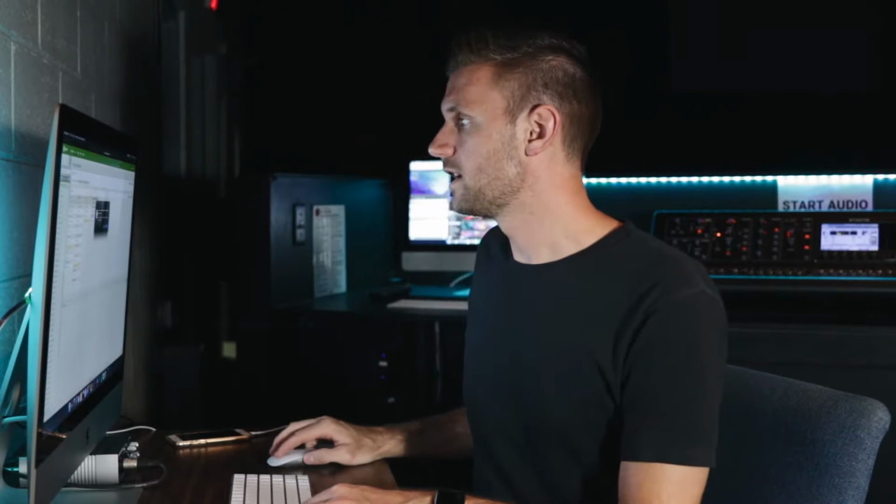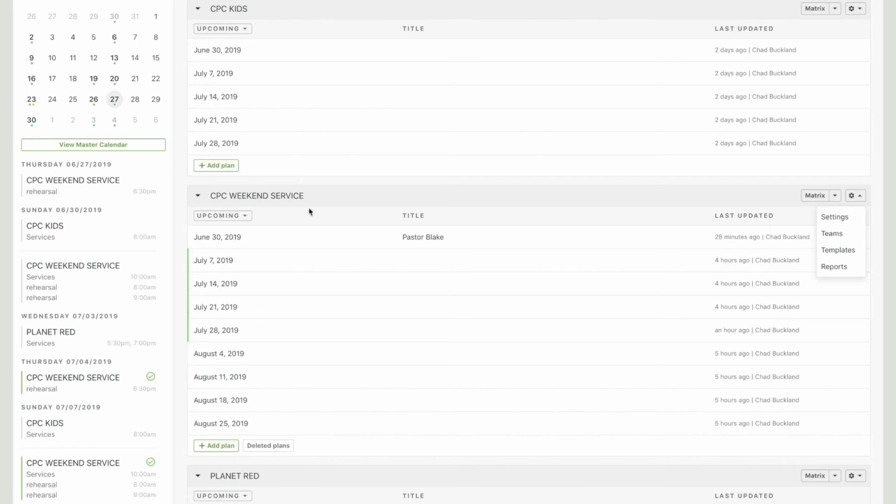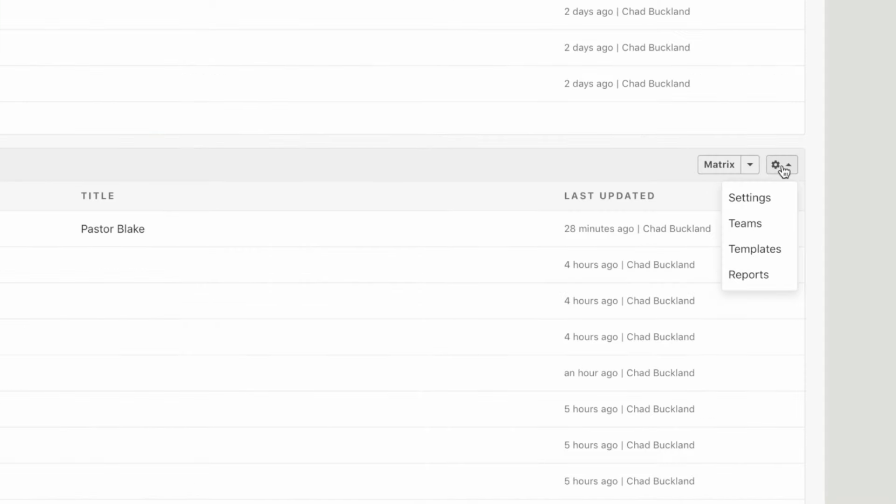What we're going to do today, we're going to start out with a couple things on Planning Center that are what I would call prerequisites to a smooth workflow. What I like to start with is to go ahead and build out the next set of months. And the best way to get started in doing that is to have a template. If you are on your plan, so ours is called CPC, that's College Park Church, the name of my church. CPC Weekend Service. I'm going to click on this little settings icon here, and then I'm going to